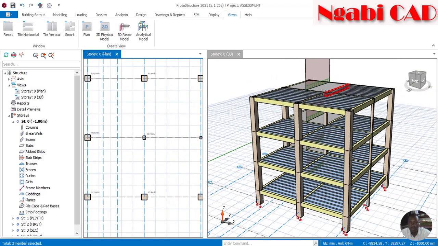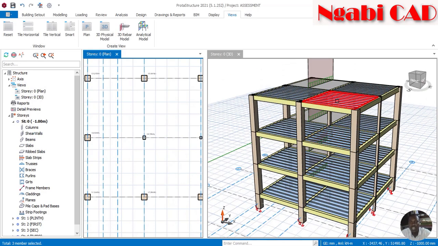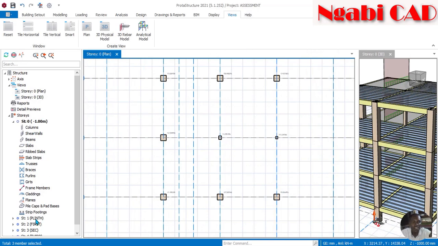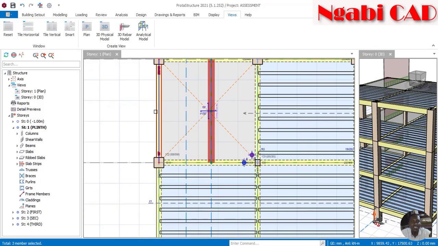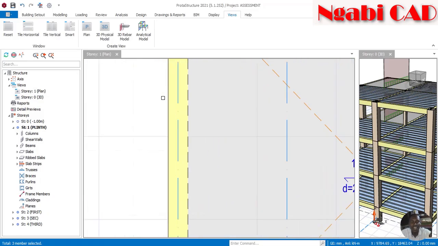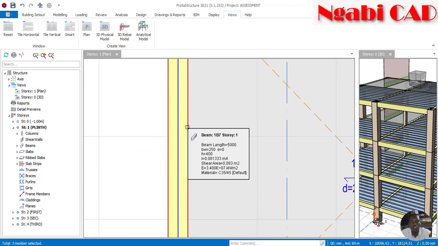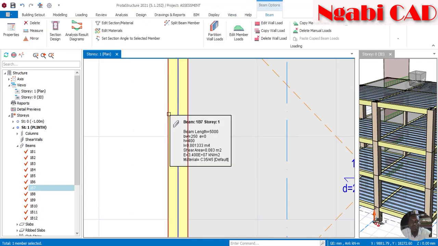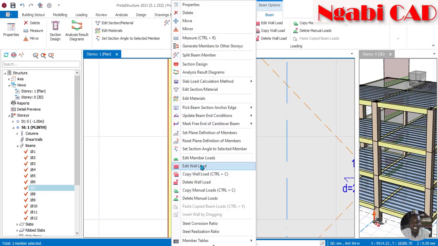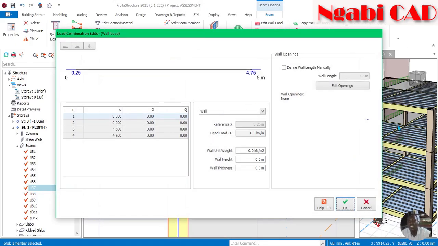Before I continue, I would like to maybe tell you how to design a slab. Last time we did a slab load, but now we are going to construct a beam load. So if you go to our plinth level, and these beams don't have the walls, what I can do, I will highlight this beam, right click, and edit a wall load, like how I did for the slab loads. So I will choose a wall here, which will be any of this one,